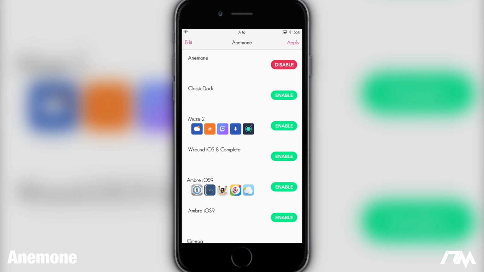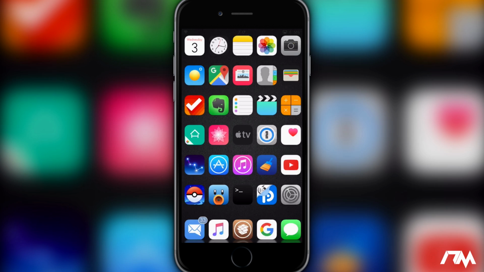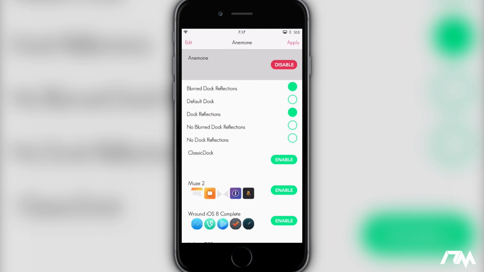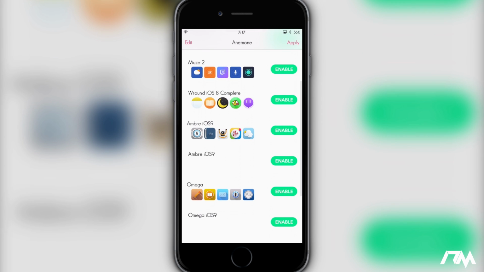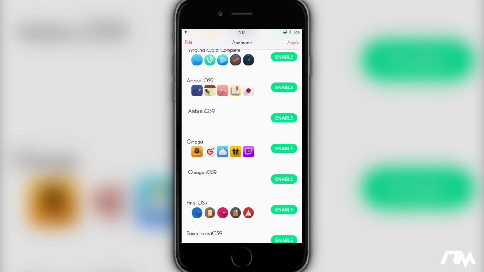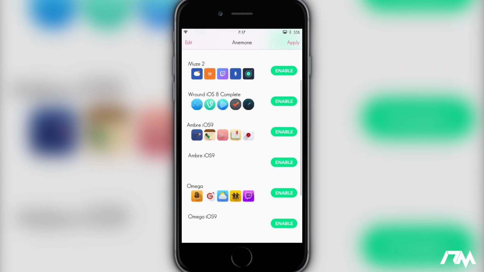As you guys can see, the application itself comes with some dock effects. As you guys can see on my dock, I have the blurred icon reflections, which I think looks really, really cool. So I have that enabled within Anemone. Now the way this works is it will list all of the different themes you have installed. All these themes you guys see here are downloaded separately from the actual application, and it just works way better